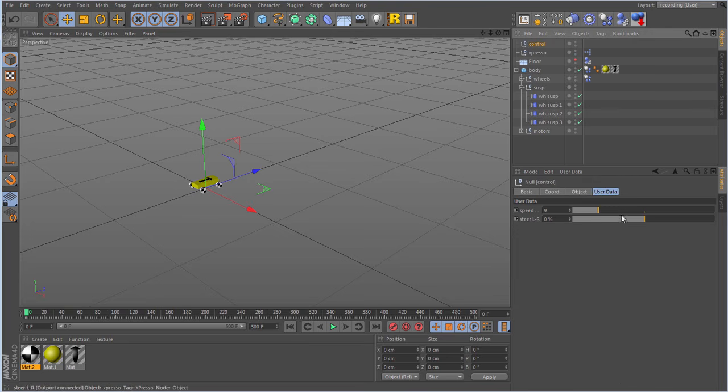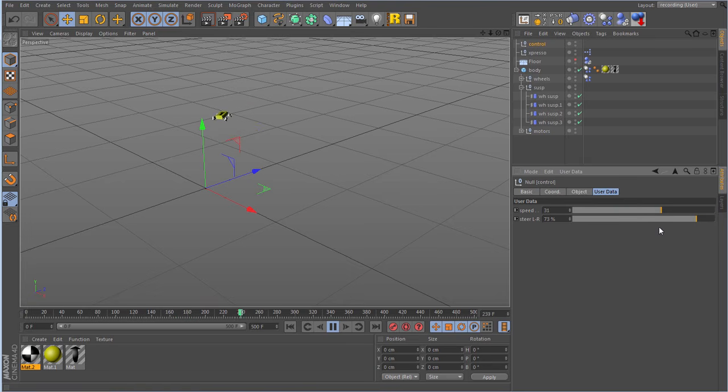Okay, control panel, let's make it go a bit faster. Okay, and we're off, and let's steer to the left. Fantastic, and steer to the right. Let's go faster. Yeah, brilliant. Left and right. Okay, now you might think, well, that's it, we've just about nailed this little car, but there's still a couple of things we need to do.